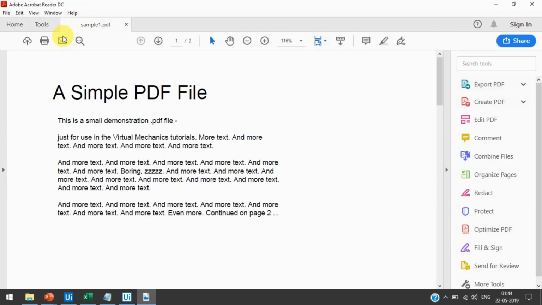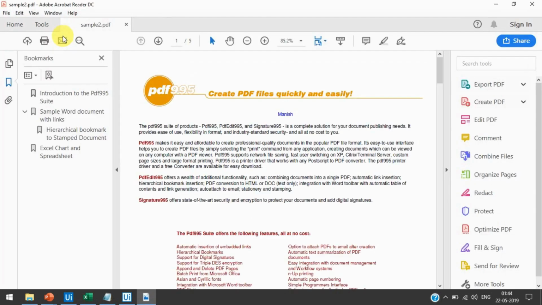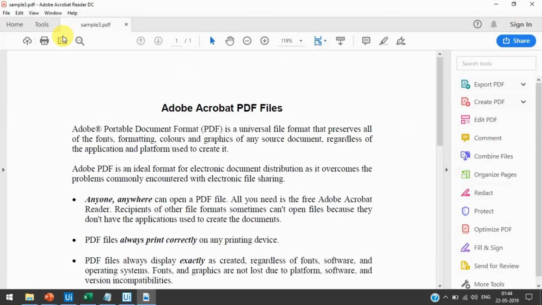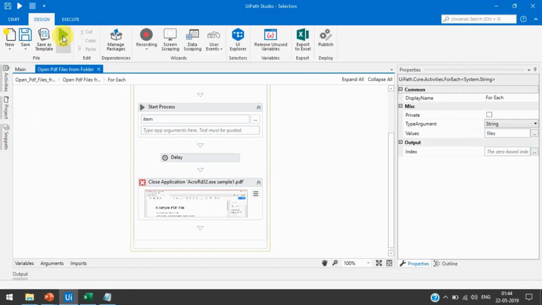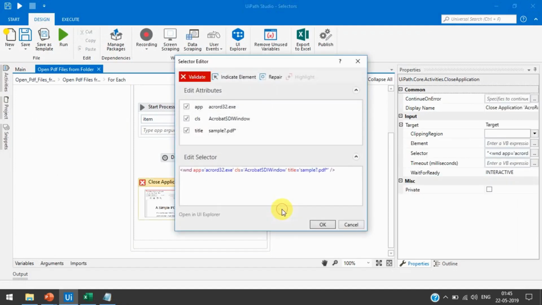So now it has opened sample 1, closed, sample 2 closed, sample 3 closed, sample 4 and then closed. It's working fine because we have changed the selector and used both wildcards here. And one more thing, we can also use this wildcard for whatever comes after the sample word, and that will work.